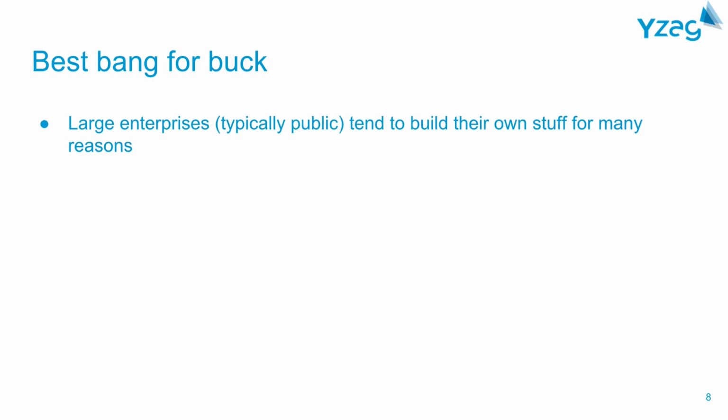Okay. There's an exception to everything I said here. Large enterprises, typically public companies, tend to build their own stuff for many reasons, right? Subway, when they sell a sandwich, it seems to be the same process as when Burger King sells a sandwich, and theoretically their POS and their online ordering and their drive-through should all be able to share the same system. There's a reason why they typically don't. One part has to do with their operations, and maybe their operation is so different, and their size is so large that